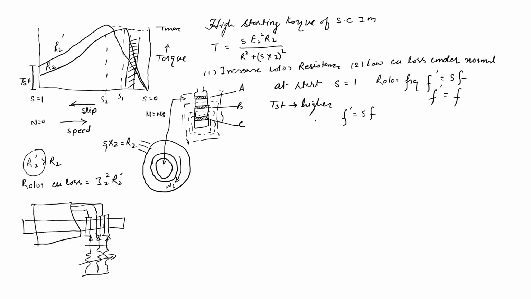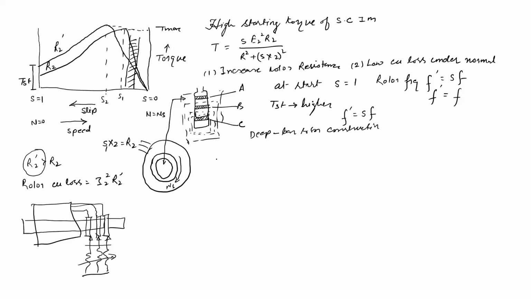So during the starting period, it offers a high resistance. Virtually, it will offer the high resistance. With higher resistance, the starting torque will be higher. Once the motor picks up speed, the reactance becomes equal and the resistance of the rotor circuit will be very small. So under normal working condition, it does not give higher copper losses. This is called a deep bar rotor construction.